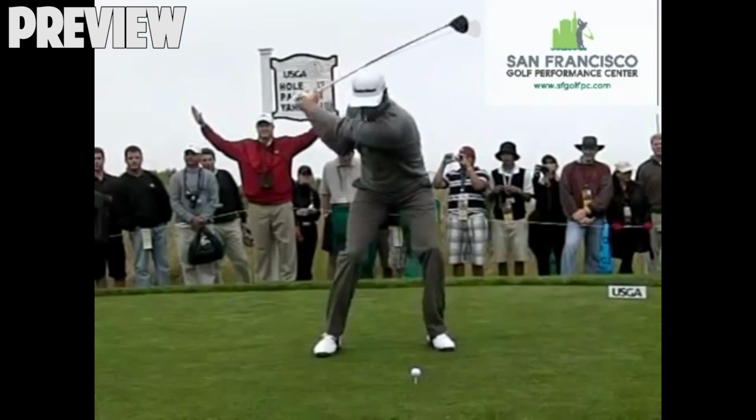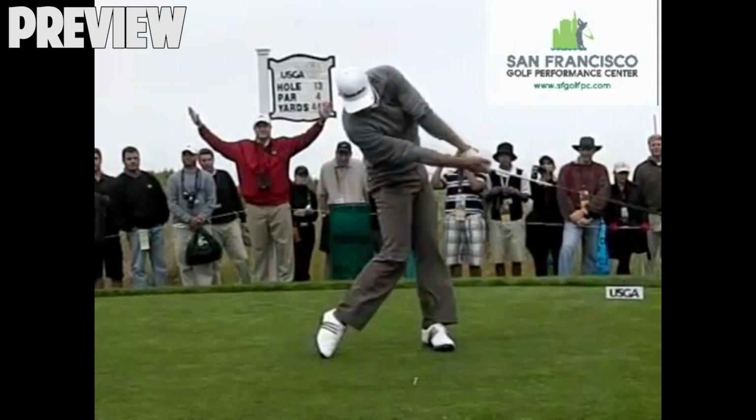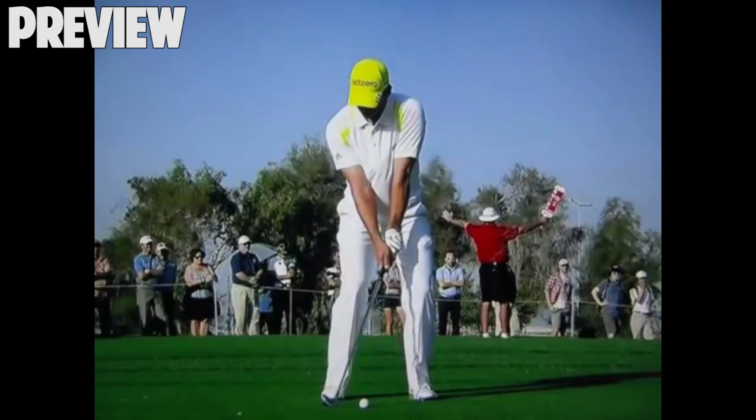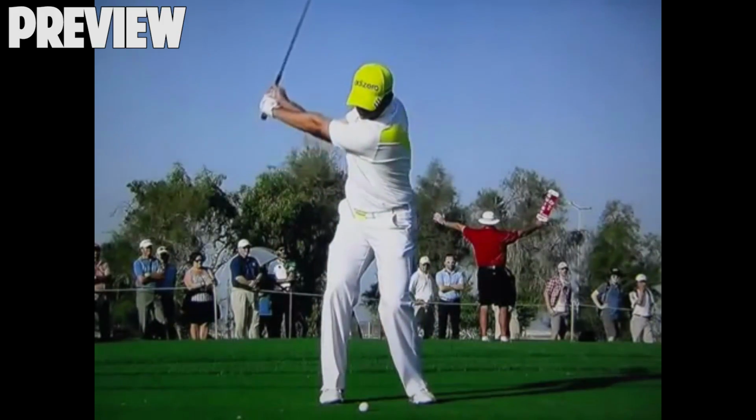So first let's take a look at Dustin Johnson, releasing the club 45 past. And the reason we're going to see such different swings producing similar positions is that this is the real physics of how this has to happen. Here we're looking at Sergio Garcia. Again, we're going to see tons